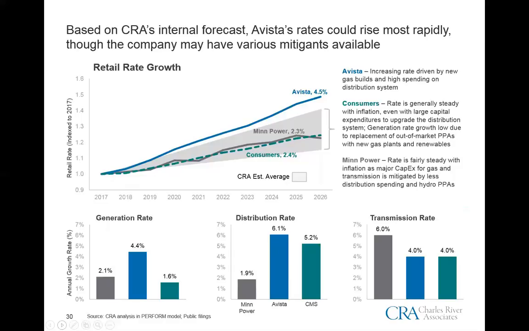They may certainly have certain mitigants available that we're not capturing based on a public forecast like this. But what we're seeing is very flat, possibly declining load growth for Avista, and a new gas build that appears to be in the system, and very high spending on the distribution system, as you see in the bottom center graphic there. And as a result of all those factors, we're seeing a growth rate of 4.5% compounded over a